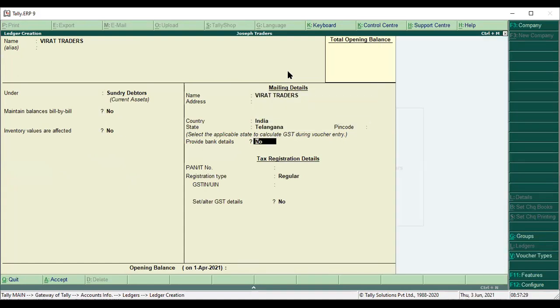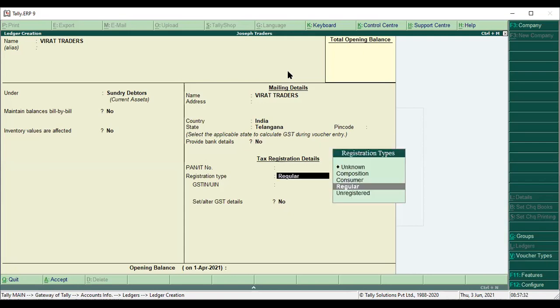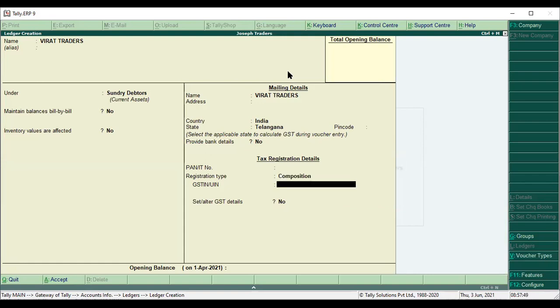Now here, under tax registration details, select the registration type. You have to select composition, because he's a composition dealer. I'm not selecting regular. Type the GST number. Browse Google.